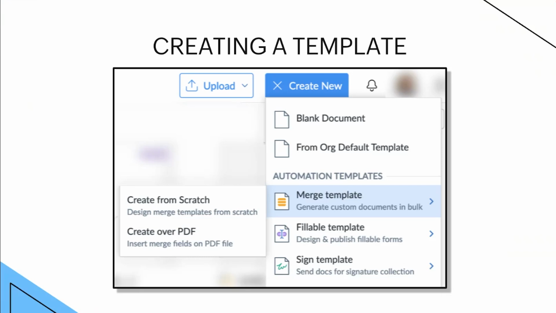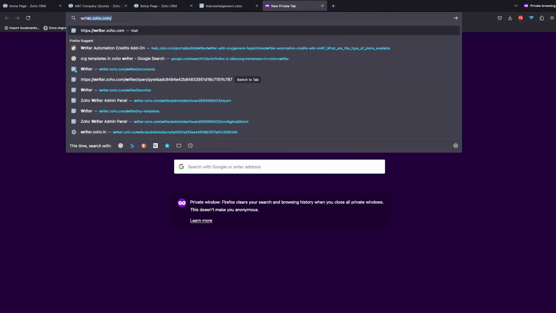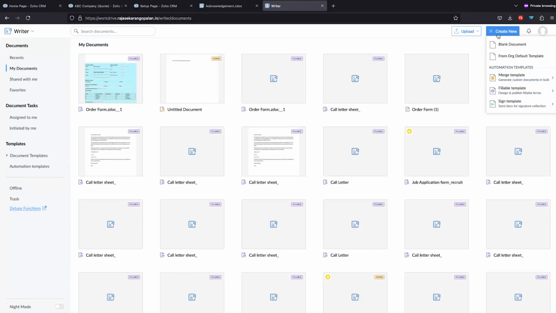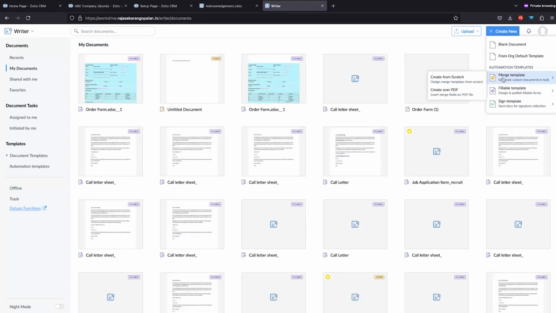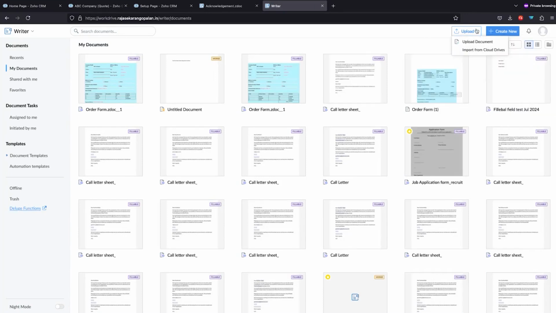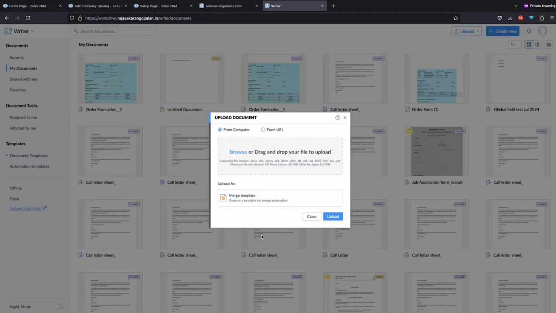So let me just show you how to upload a document or to create a document from scratch in Zoho Writer. So here, let me just go to the Zoho Writer's page. And on the top right corner, you'll have an option to create new. If you click on it, you'll be able to upload merge template, fillable templates, or sign templates. And if you have any existing document, you can just upload it by selecting the merge template as the file type. And once it is done, simply upload your file from the computer